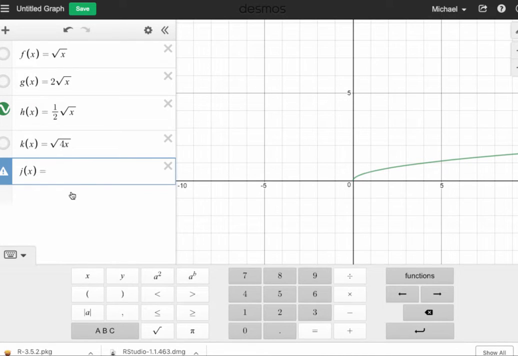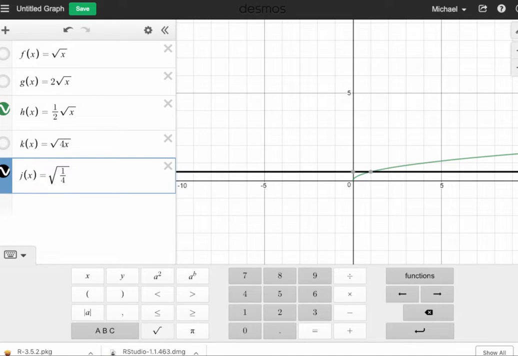It's the same thing as the square root of 1 divided by 4 of x, okay? Notice they plotted right on top of each other. The green one and that one did. All right, so